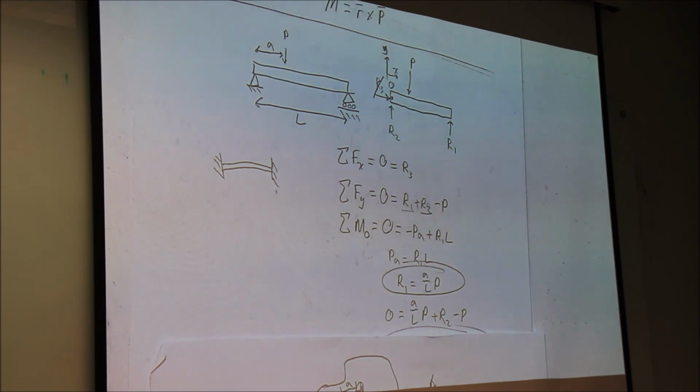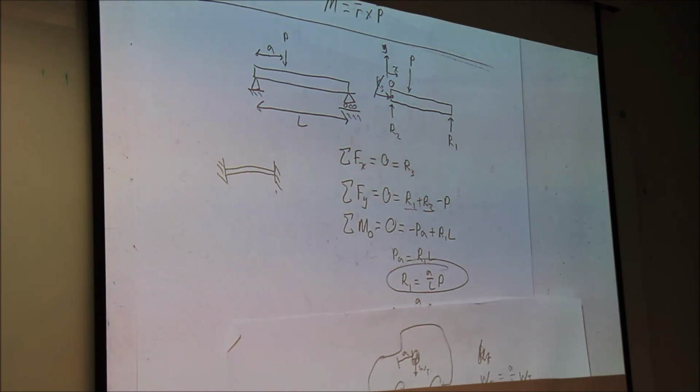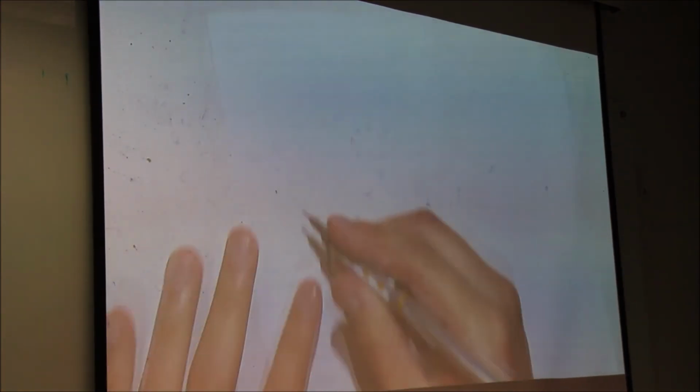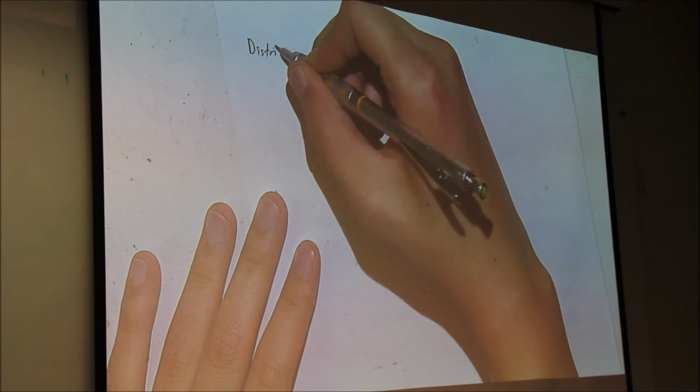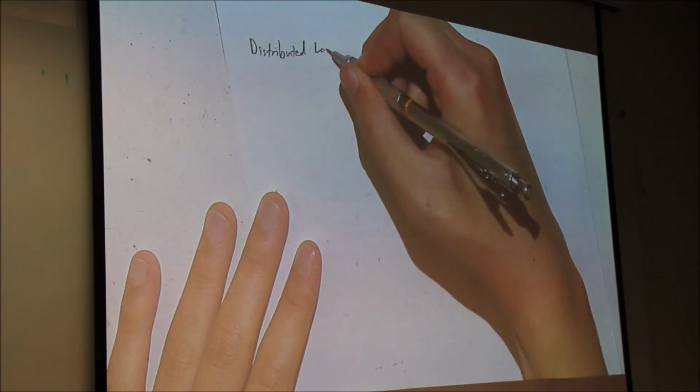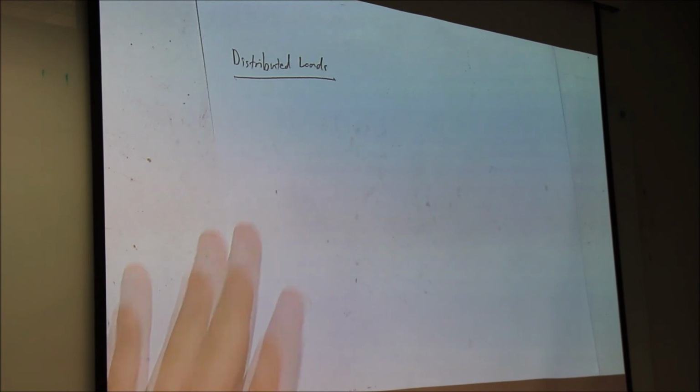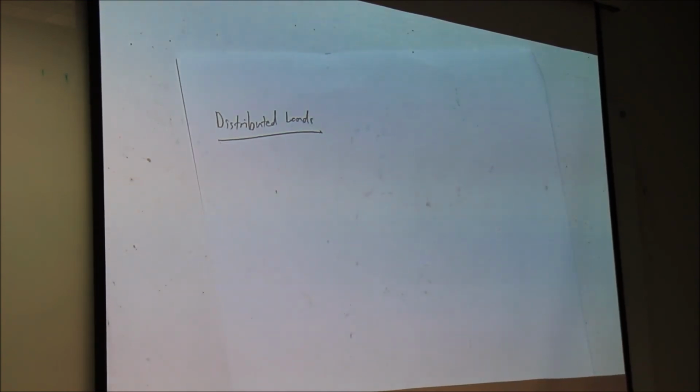So we're going to look at distributed loads. This would be a more accurate way to represent a weight. And I will get my notes out for this because there are some integrals we're going to be doing. How fun. You guys like integrals? You guys like calculus? Oh boy, let me tell you. Okay, so what is a distributed load?